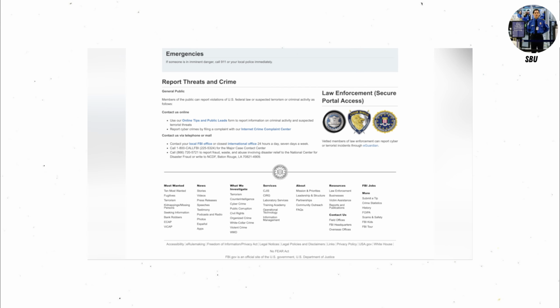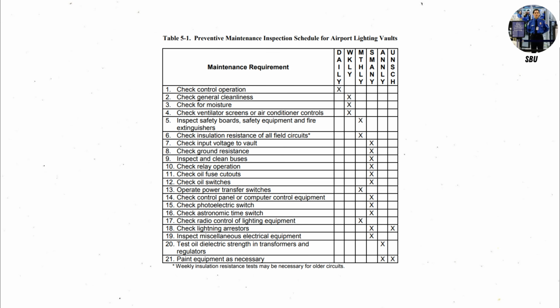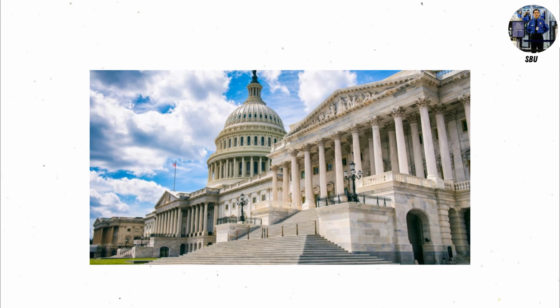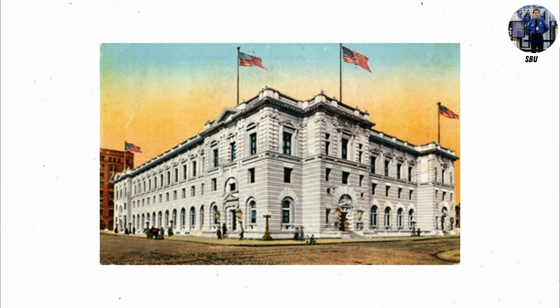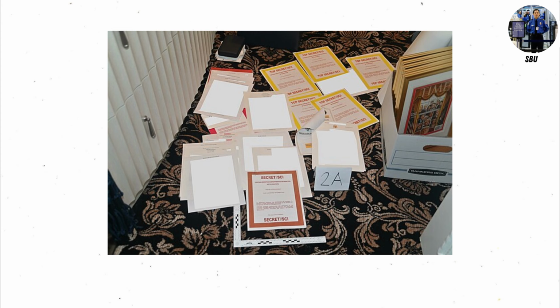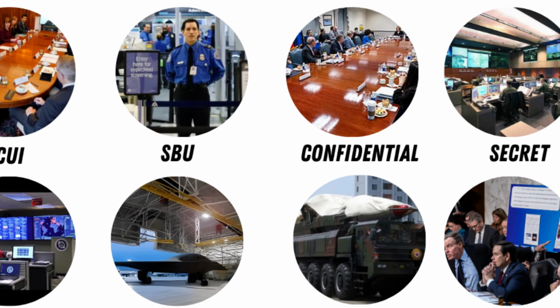For example, an FBI field report on surveillance methods might have been marked SBU. Exposing it could reveal investigative tactics or compromise ongoing cases. Even simple security checklists for airports often carried this label. It matters because the absence of strict classification does not mean absence of risk. SBU highlighted the gray zone where small leaks can still be damaging.